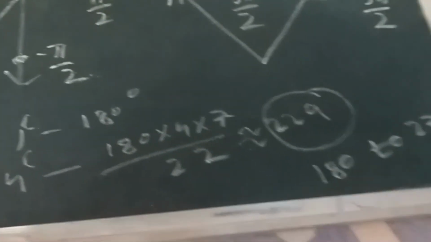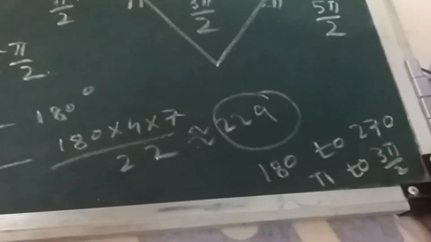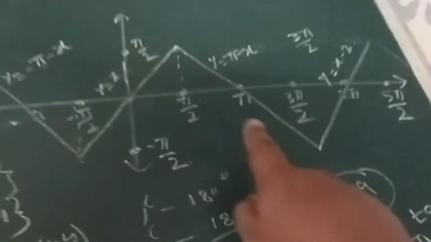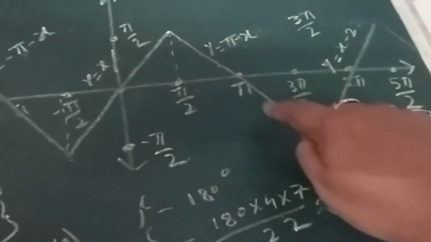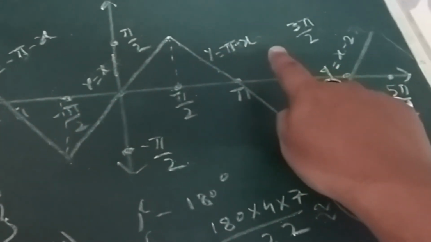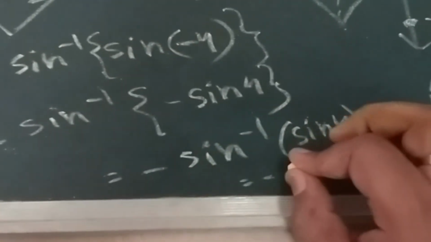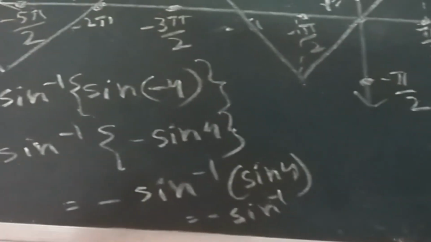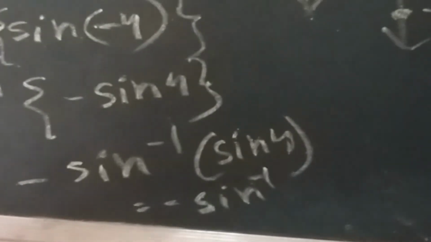Okay, so 180 degree means it is pi, 270 means it is 3 pi by 2, pi to 3 pi by 2. As I have shown you, pi to 3 pi by 2, here you see pi to 3 pi by 2, it is coming down. Okay, it is coming down and the value is pi minus x, but in the place of x, 4 was there. So here what you will write, minus sign is outside as it is, then sin inverse. I have to erase this calculation, I don't have space. 229 degree it was, it is between pi to 3 pi by 2, which means in third quadrant it was.